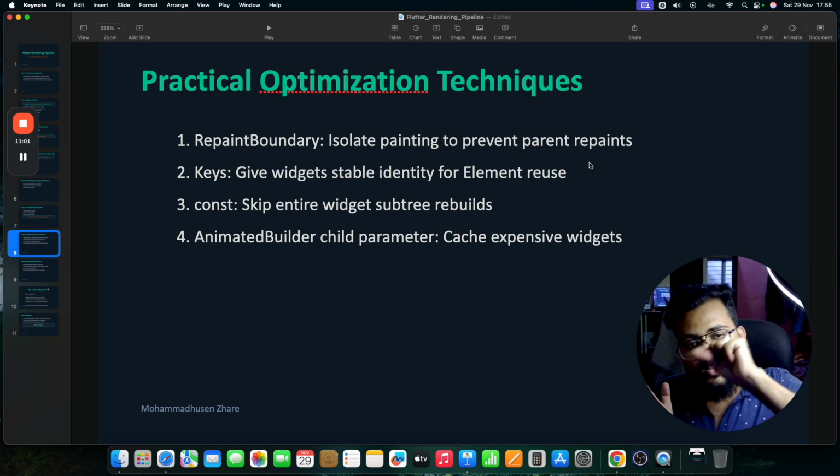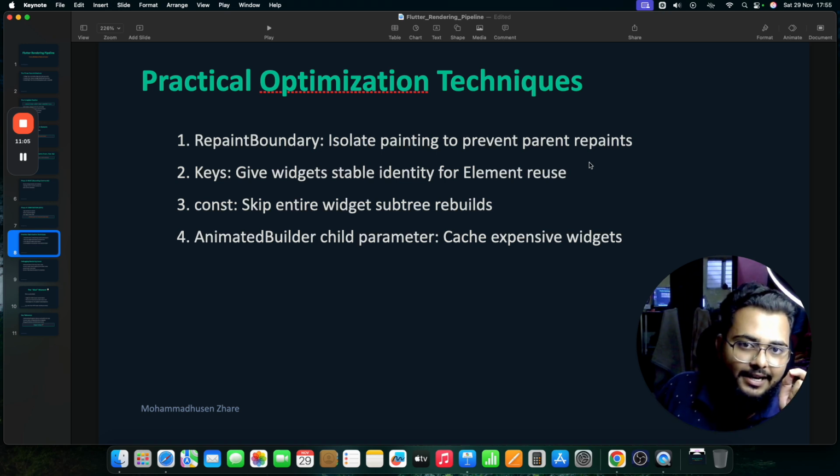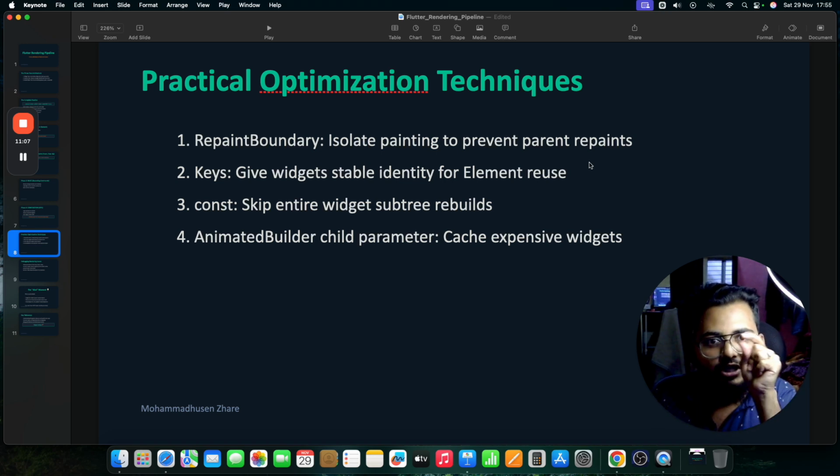In that case the widget is updating every second, every millisecond, that color is painting, meaning rasterization is continuously happening.